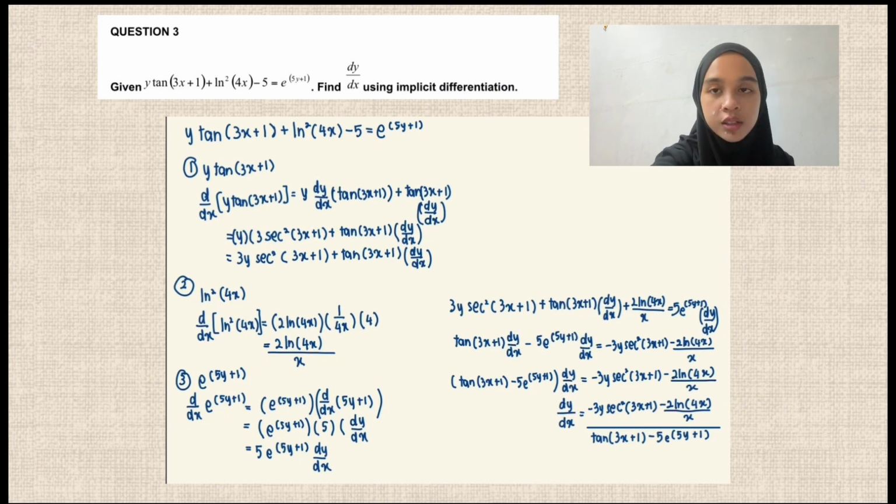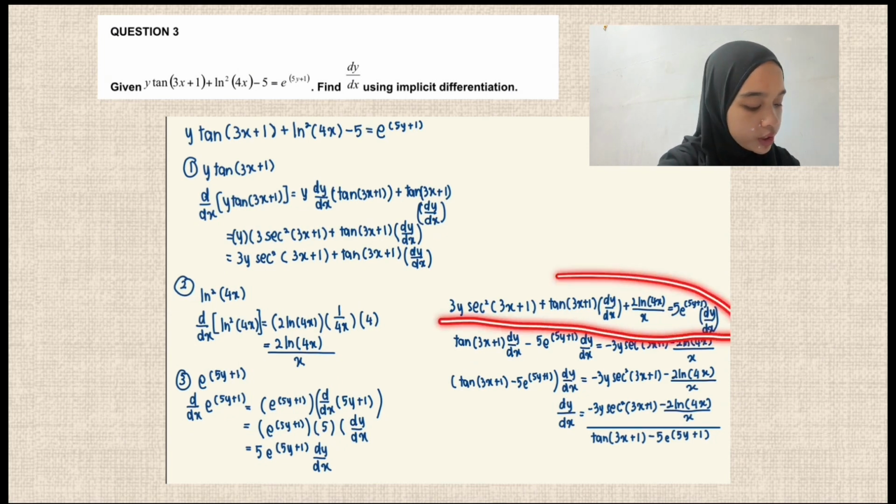This is also the chain rule, same as the second term, which is the long one. After we differentiate it, we will get the answer like this. Okay, after we differentiate all of the terms, we need to substitute everything into one equation. So after we substitute it,